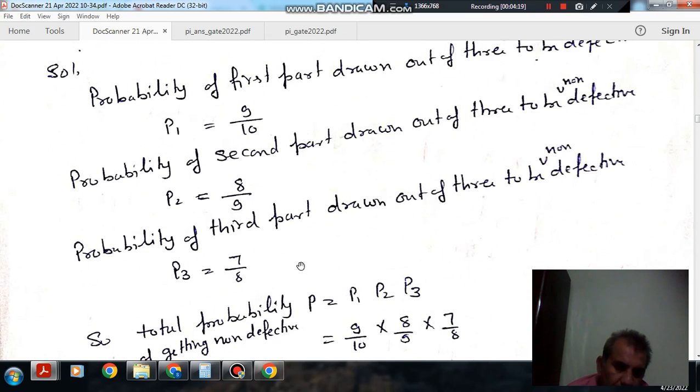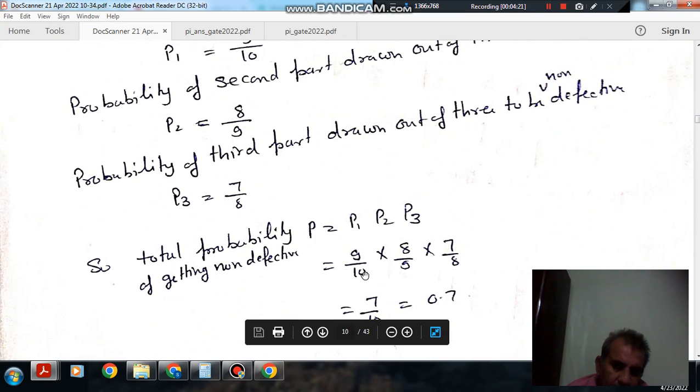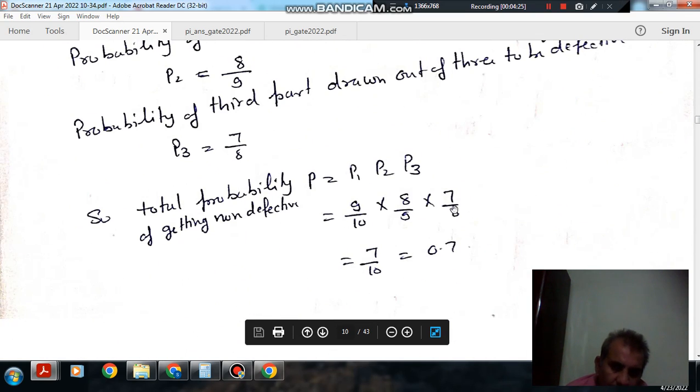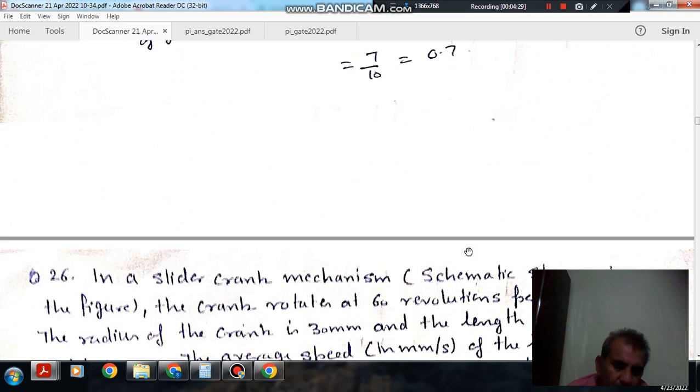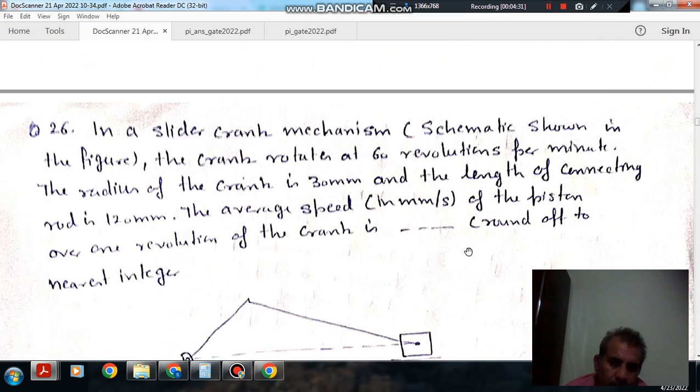So the total probability is the multiplication: 9 by 10 into 8 by 9 into 7 by 8, so the 8s and 9s cancel out to give 0.7. Answer is 0.7. Next,